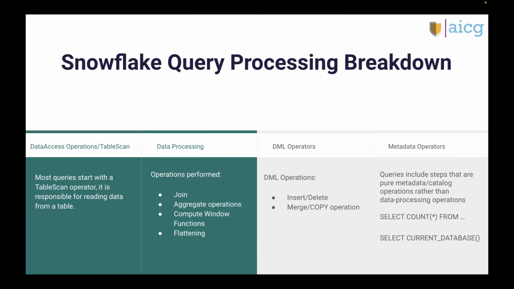And that's where, when we see the demo, we would also quickly touch upon the partition pruning that's done by Snowflake automatically. And then after you're done reading your data, that's where Snowflake evaluates all your joins, and any form of aggregate functions that you might have. So if you have any sum, any form of median, average, or if you've used any of your window functions, dense rank, if you've done any flattening on your data, then you would see all that being processed